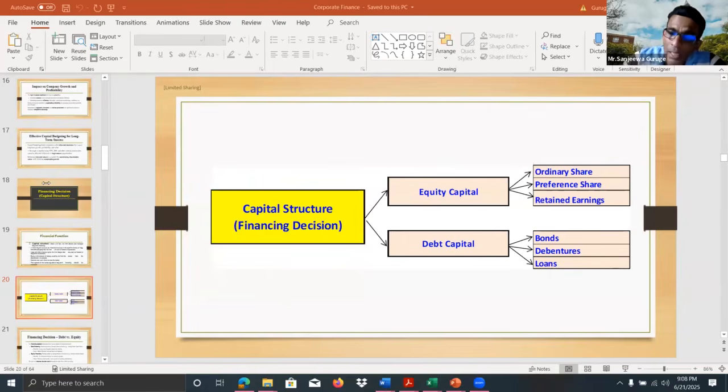So there is very high default risk. That's what we call the cost of financial distress, even though there will be a positive impact on the weighted average cost of capital, right? There will be very high risk, and a very high percentage of the cost of capital will be an obligation.